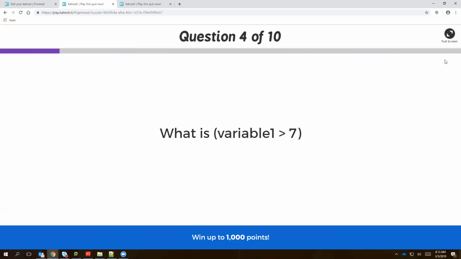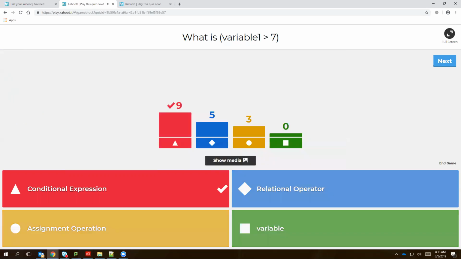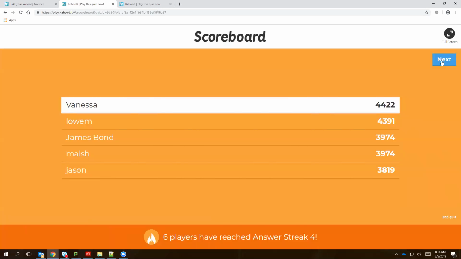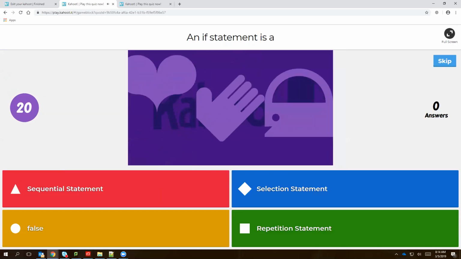Oh, we have a new leader here. What is this part? Good. That's our condition. I'll just harp on and on about that condition because we're going to need it for our looping statements too. An if statement is a